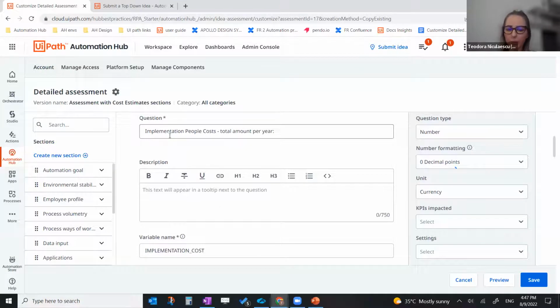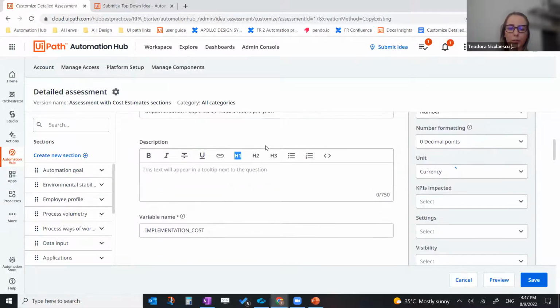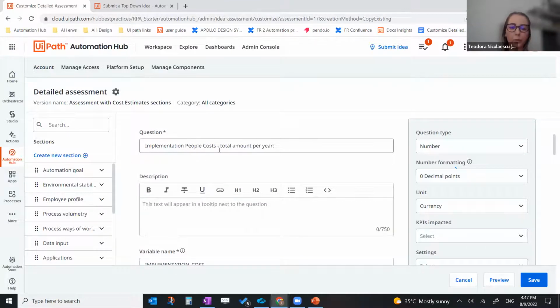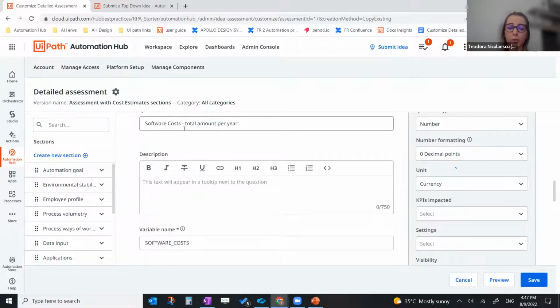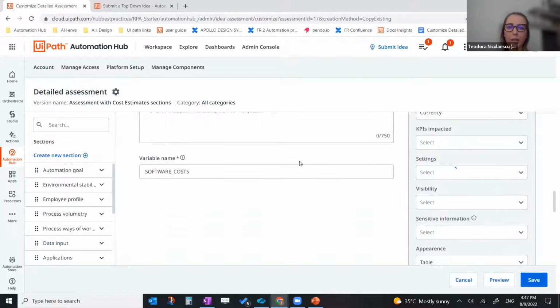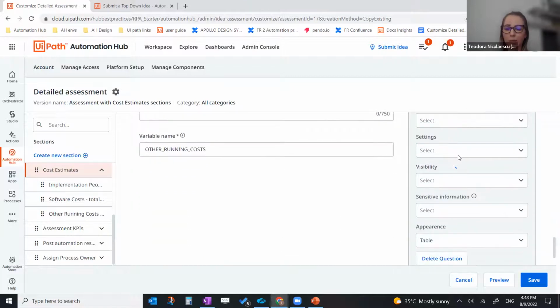One, to gather and track the implementation people costs, which is the total amount per year. You can ask your process owners to fill this in order to then find out which are the total costs required for implementation. So first one is the implementation people costs, then what amount of money you need for the software costs each year, and next there is also a question around other running costs, the total amount per year. So only 3 questions instead of the entire cost benefit analysis page that we have in Automation Hub. This might be enough for certain